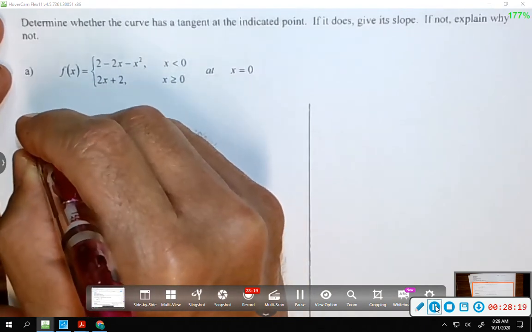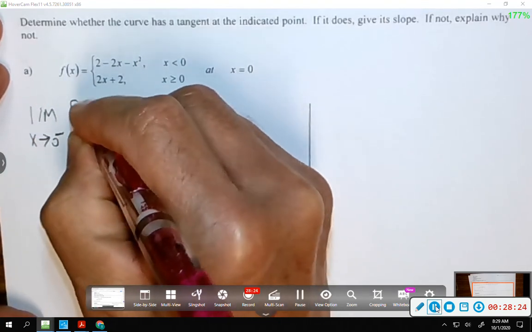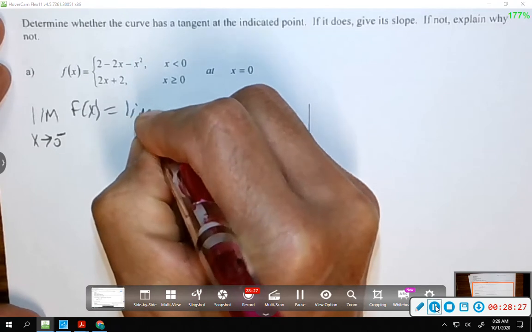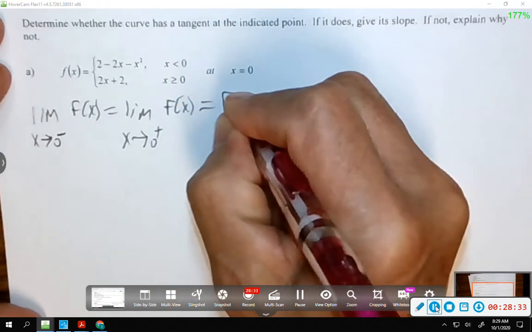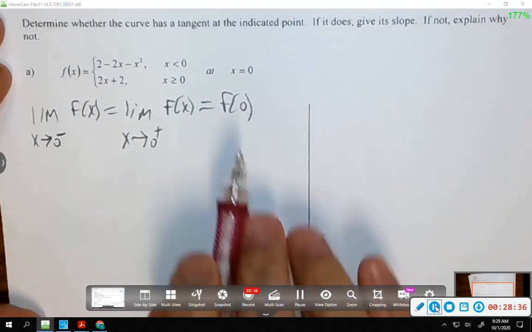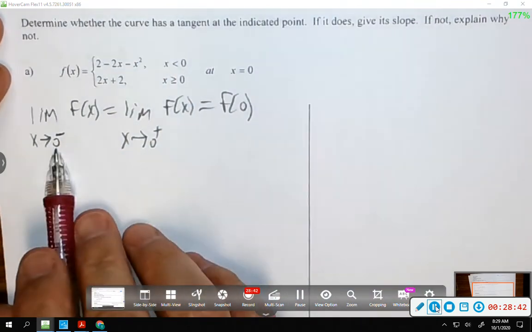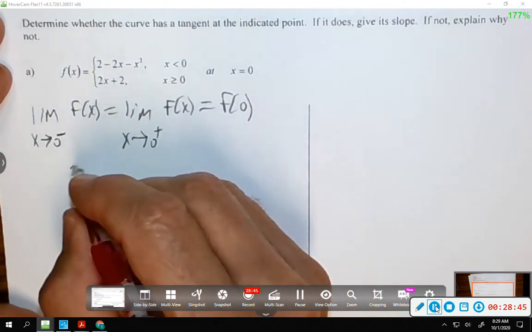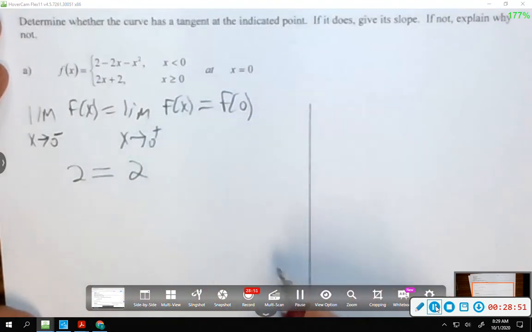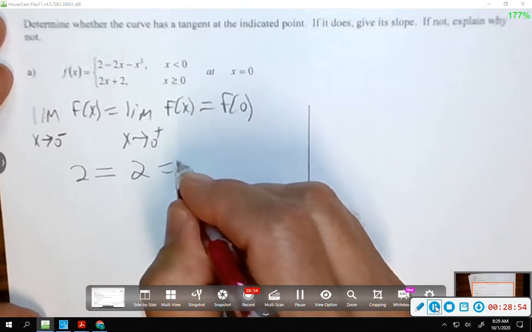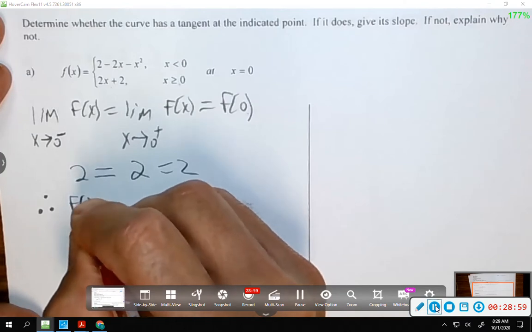How do we check continuity? The limit as x approaches 0 from the left of this function, does that equal the limit as x approaches 0 from the right of this function? And does that equal f at 0? You have to check this too, because maybe it's not defined at 0. But to check the left-hand limit at 0, I just plug 0 into the top equation, I get out 2. If I plug 0 into the bottom equation, I get out 2. And 0 is defined by the bottom equation, so yes, they are all equal. Therefore, f of x is continuous